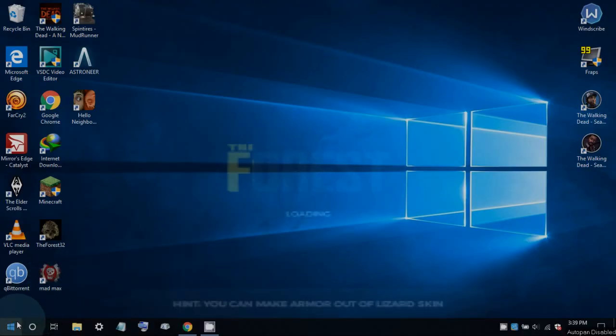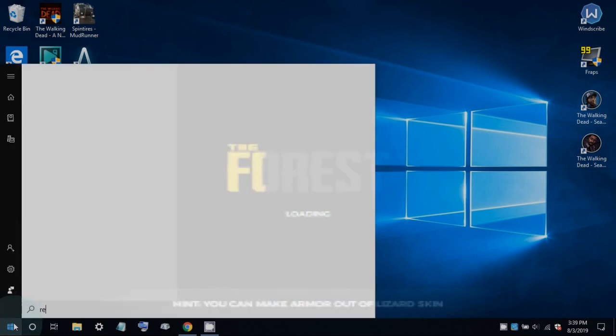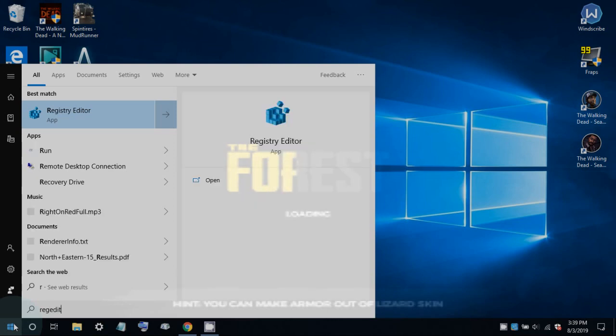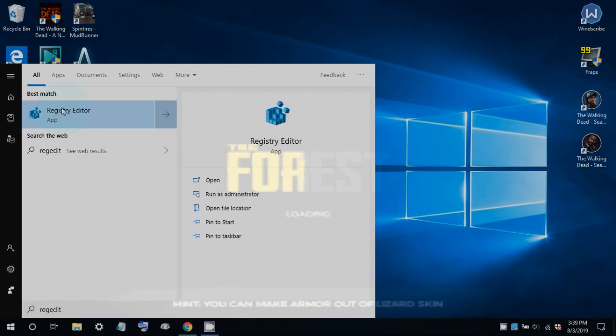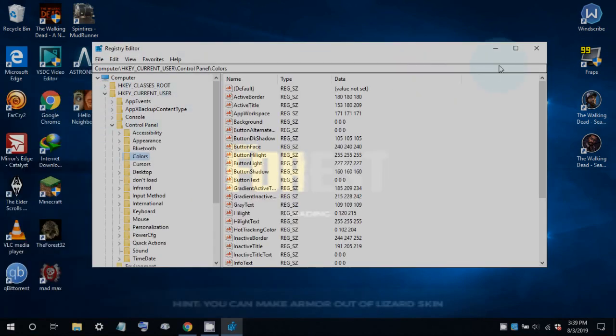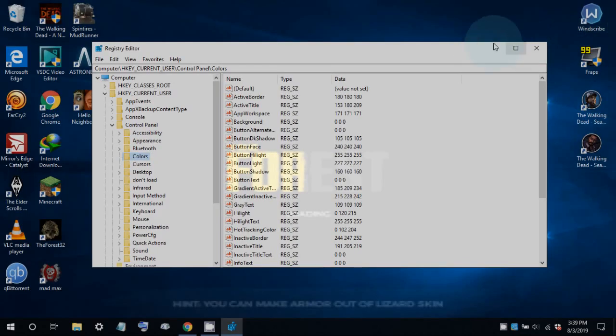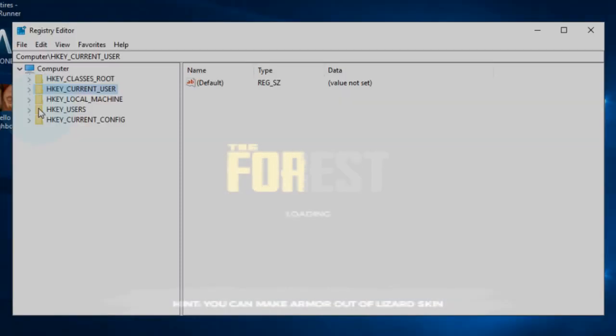Okay, click on start and then type regedit and open the registry editor. And now let me zoom it for you. So click on HKEY_LOCAL_MACHINE and then expand it and then system